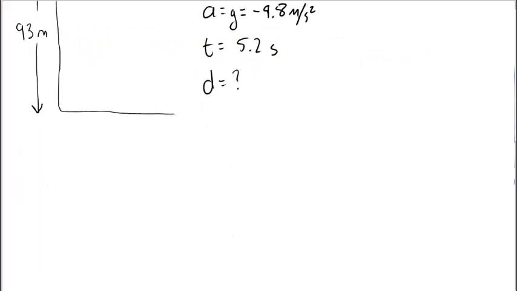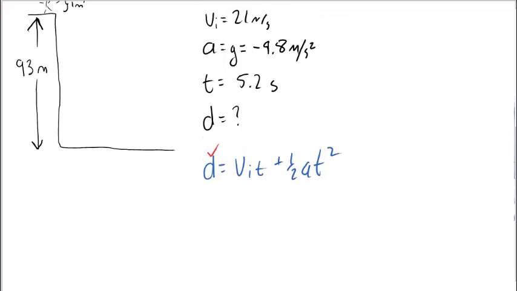The formula that I can use to solve this is the displacement formula. And so I can just double check. I'm looking for a distance, or displacement. Yep, I have initial velocity. Correct. I have time. I have acceleration, which is gravity. So that definitely is the equation I want to use. So solving for d is